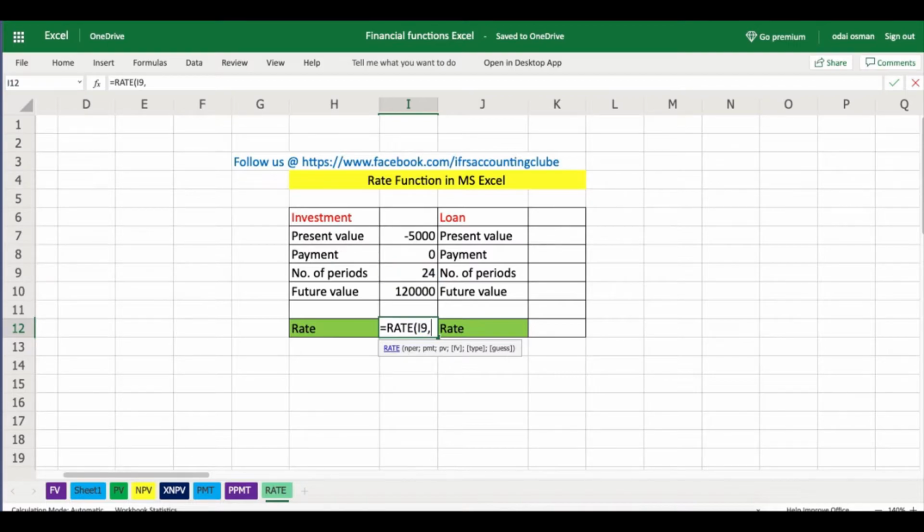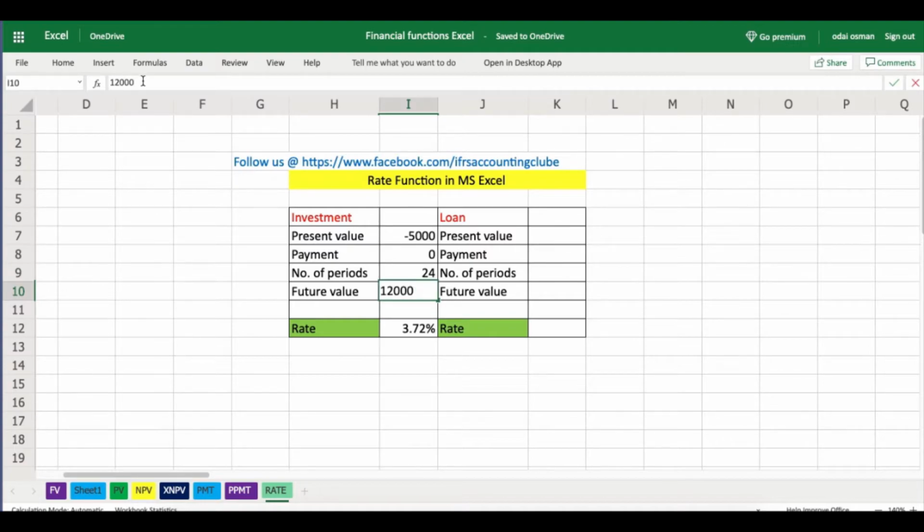We search for the RATE function in Microsoft Excel. It asks us for the number of periods, 24 months, and the payment, we have 0 payment. On the other hand, we need to insert the present value as the investment, and the future value we do have 120,000. The type would be 0. So here the interest rate of investing 5,000 in the bank would be